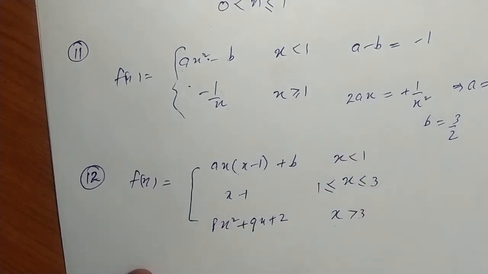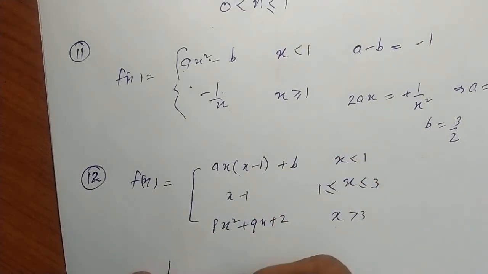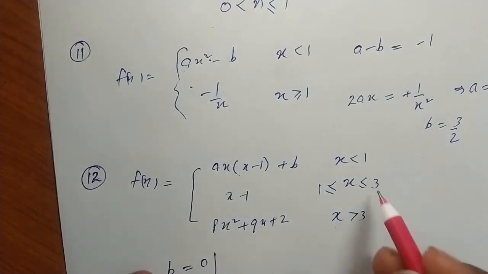So the function should be continuous for all x. Check at x is equal to 1, we get b is equal to 0. Check at x is equal to 3,